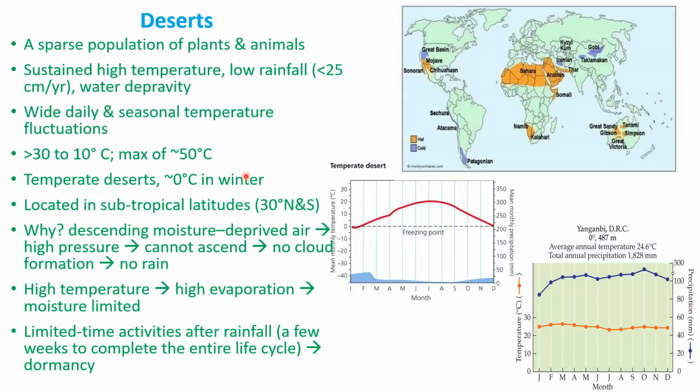Before we go there, I want you to compare and take a look at these two figures, right? This is more like a tropical rainforest biome, right? This is a tropical biome, and this one is actually a temperate desert, right? See how high the rainfall is in this tropical Central African biome, and look at this temperate desert biome. The rainfall barely reaches 25 millimeters per year, right?